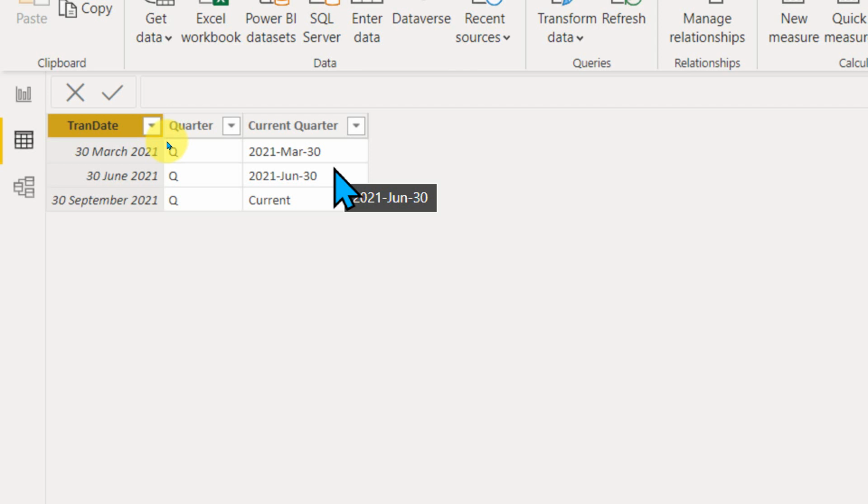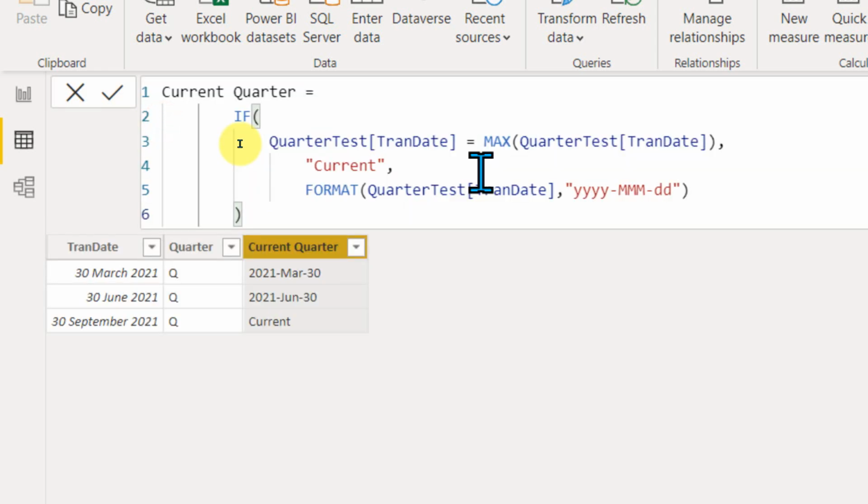In this scenario, there may be two solutions. One is that you can build a date table, and in that date table, you need to add this column, which I'm going to add here. Adding a date table is the best practice, so you have to go from that angle itself. But for this demo purpose, I'm going to use the same table itself. The logic is not going to change when you use the same thing on a date table.